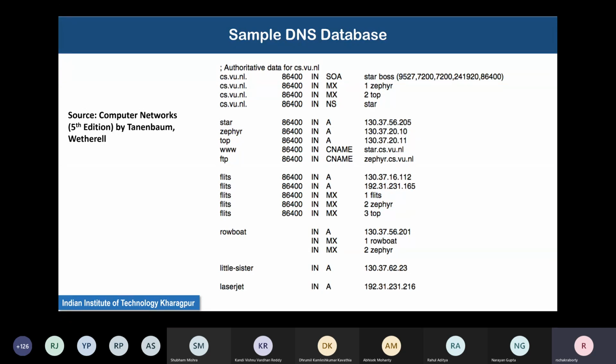Anything else? Here I see that there are two A type records for fleets. So when I receive this DNS response, which IP address should I choose? I think you can try out both. One of them will work. Provided the first one doesn't work, then the second one will work. I think what this basically means is that the fleet server can have two different IP addresses. So it can start with the first one, and if it doesn't work, then it can start with the second. Thank you, sir.